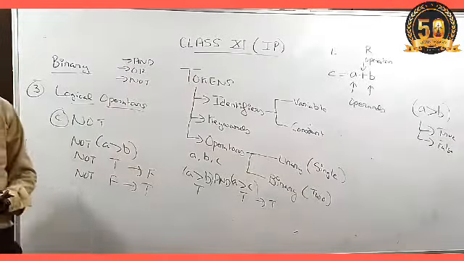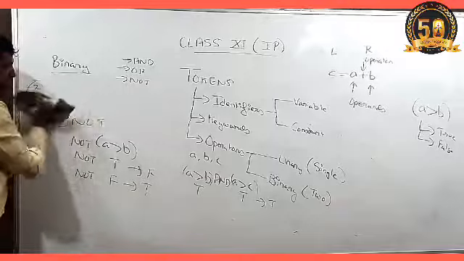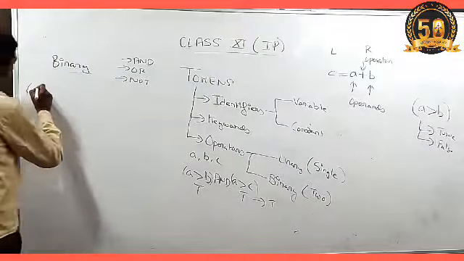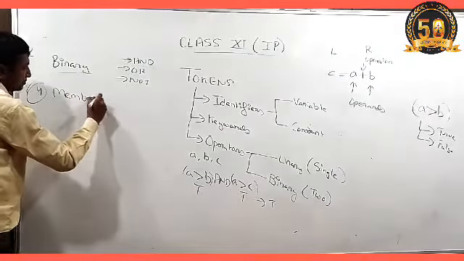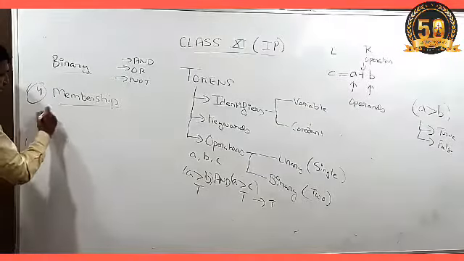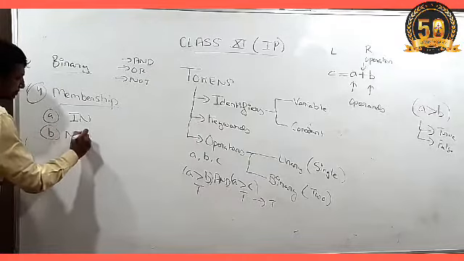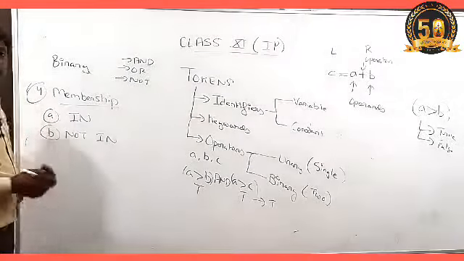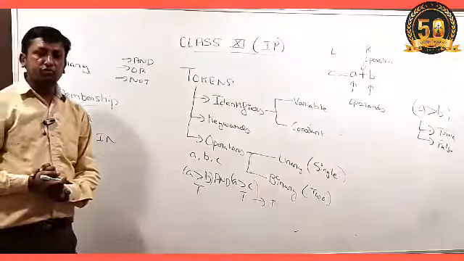Now come to the last binary operator, that are the membership operators. Fourth operator, that are the membership operators. And there are two membership operators. First one is the IN operator and second is the NOT IN operator. Now the first one, IN operator works over the string value. It will try to find a substring from the string value.